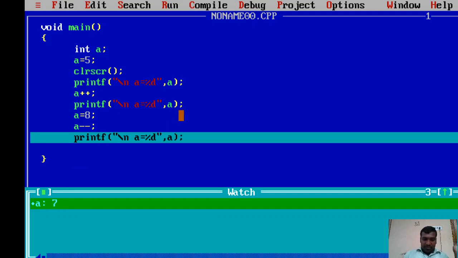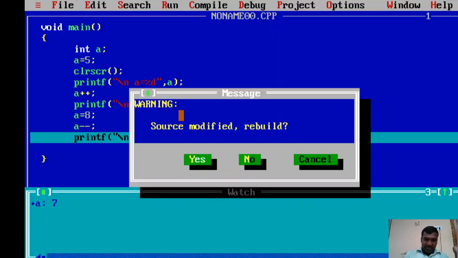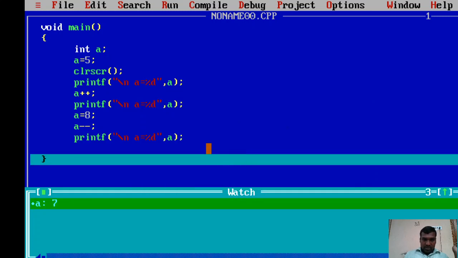Now let us see the output window. It only displays a equals to 5 and a equals to 6, right? I am hitting the F7 key. Okay, so after hitting the F7 key, it will move to the end of the program. So the printf statement will be executed, so that we can see in the output window a equals to 7 will be displayed, right?